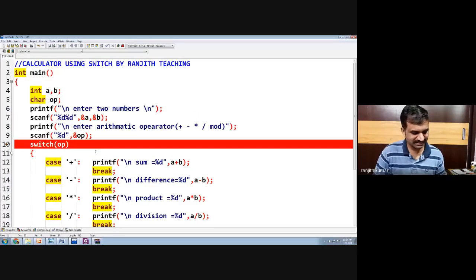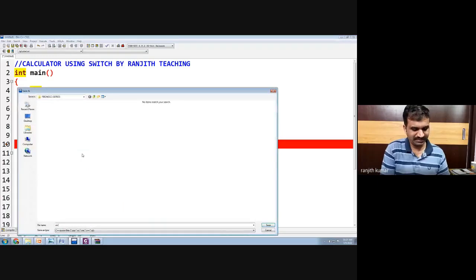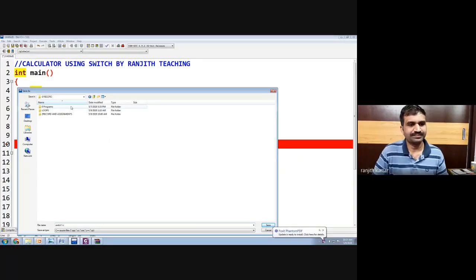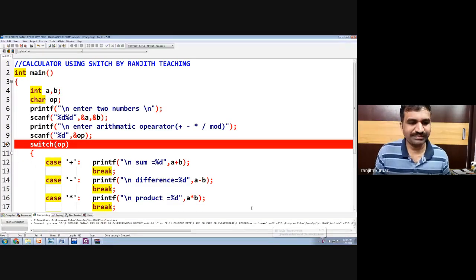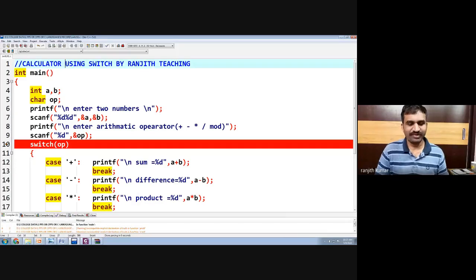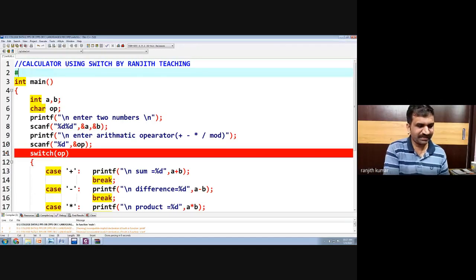Now let us save this program as Switch 1.c. And let us compile the program. Yeah, we have to add the hash include header file, otherwise printf and scanf will not work.